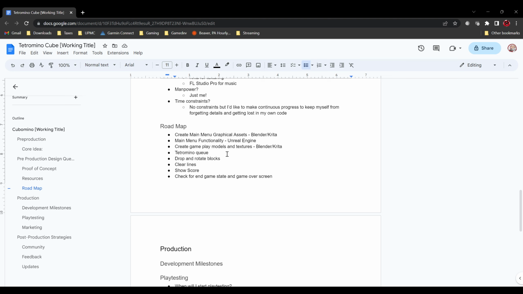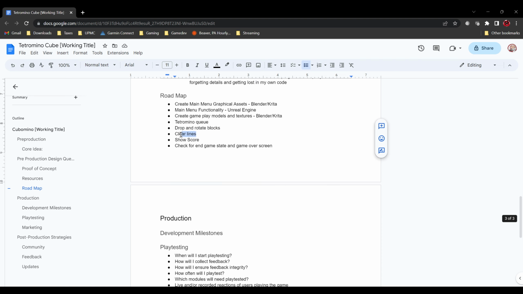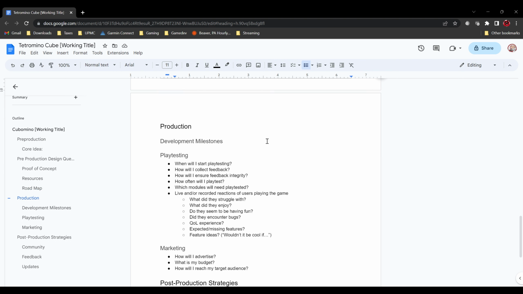I'll set up a holding queue as well, similar to how Tetris has a hold button. Then I'm going to implement the drop and rotate of the blocks, the clear line, finally show the score, and check for endgame, and be done with it.